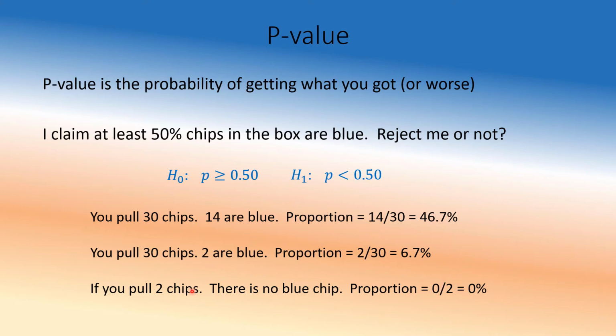I use the binomial distribution to find the probabilities. So here are the probabilities. If the population is 50% blue chips and you pick 30 chips, there's about a 13.5% chance you'll be picking exactly 14 chips. That's quite high actually. This will be 0% and this is 25%. So here we talked about p-value and we also mentioned alpha several times, the frame of reference, and how these things are related.